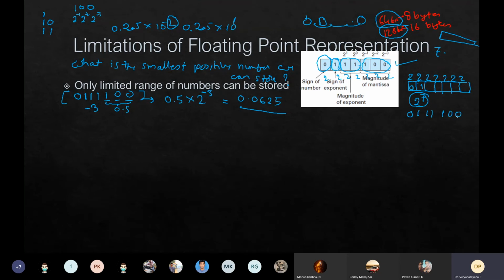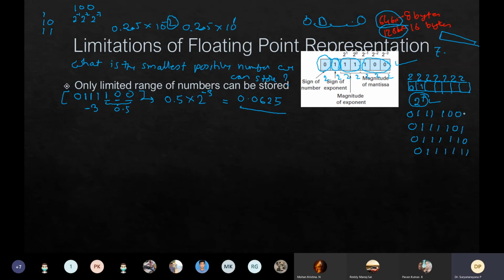Now if I ask you, what is the next largest number? What is the next number in the series? Out of 2 to the 7, what is the next number which is more than this and positive? How do you get that? We'll keep the same exponent. And what do we do with the mantissa? We'll go to the next possible mantissa. The next possible mantissa is 101. And after that, same exponent, 110. And then the next positive number that we can store here is 111, same exponent. And this is the mantissa.